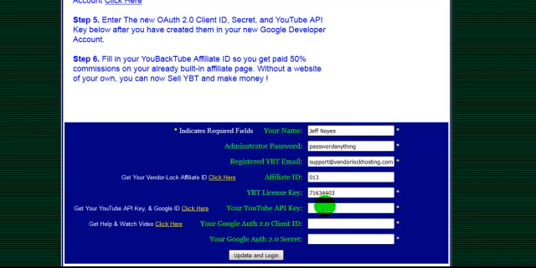Okay, so now I just need 3 last little pieces of information, and this is information you need to get from YouTube, or from Google I should say. You need an API key for your YouTube API connection, and you need a Google Authorization Client ID plus there's a second key that goes with that called the secret key. All three of these are free and easy to get, and you just go to